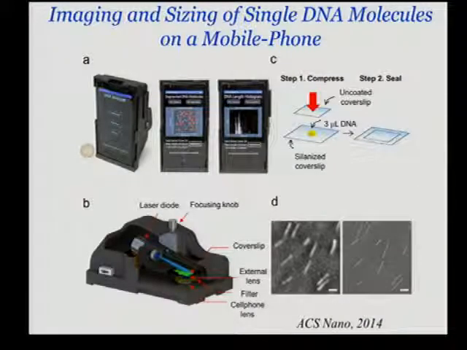Recently, we pushed the same platform with some server backend, some application that communicates with a server to see individual DNA molecules. Actually, this is an SEM image of stretched DNA molecules, and this is a cell phone image showing the same field of view. Resolution is not high, but the contrast is good enough to see individual DNA molecules, which, it's about 2.2 nanometers, the width of the DNA. And every base pair is about getting 5 to 7 fluorophores in that compact space.